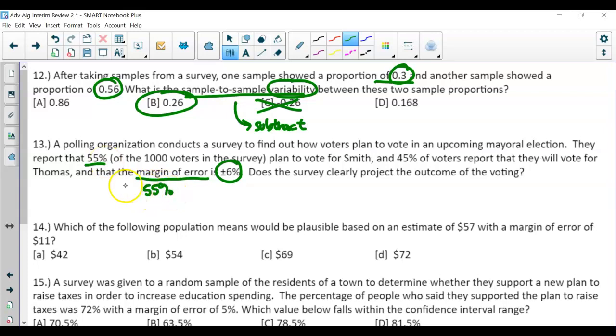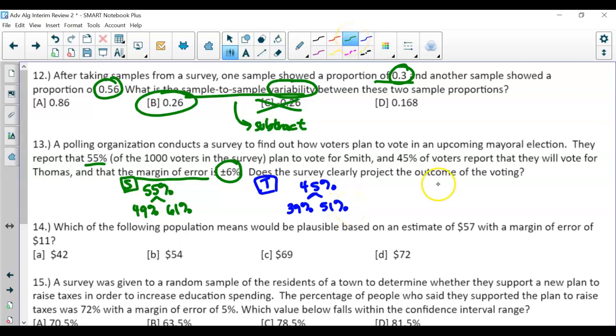So Smith being at 55%, with the margin of error, add and subtract 6, so now 49% to 61%. Then Thomas is at 45%. Again, creating that interval, add and subtract 6. So now we're at 39% and 51%. So if you need to see,